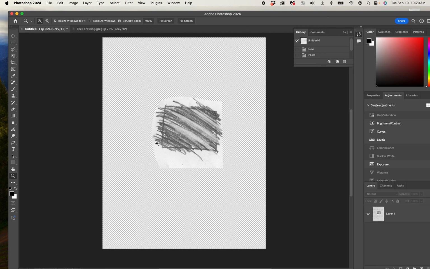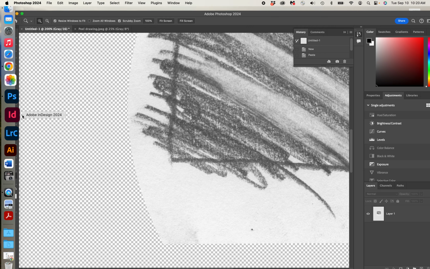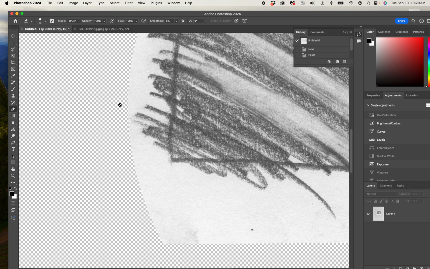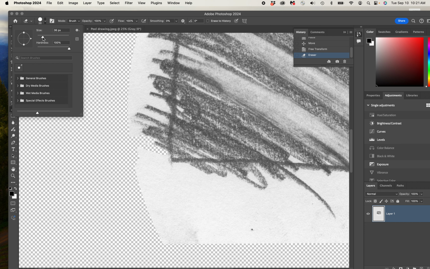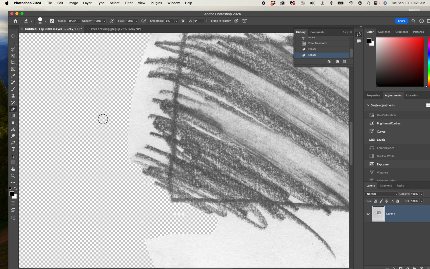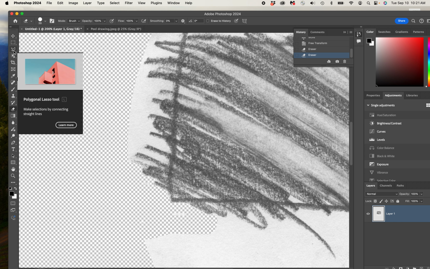Today, and just for the purpose of this recording, you could try the eraser right here. And you can erase the white. You can zoom in. Of course, you can change the size of the eraser tool to make it go faster. Getting rid of the white paper and showing only the pencil. Another way to get rid of extra selections, just for the purpose of today,